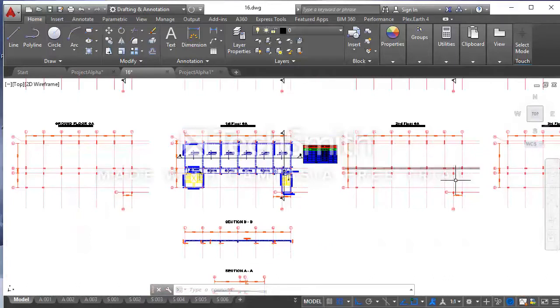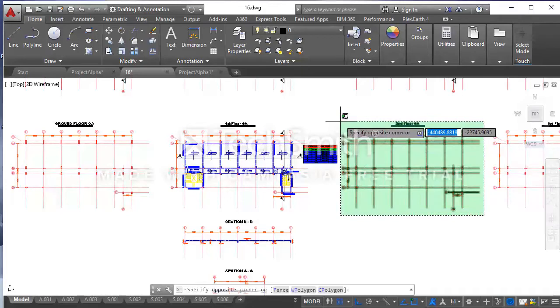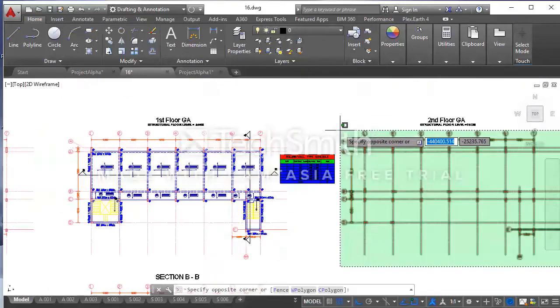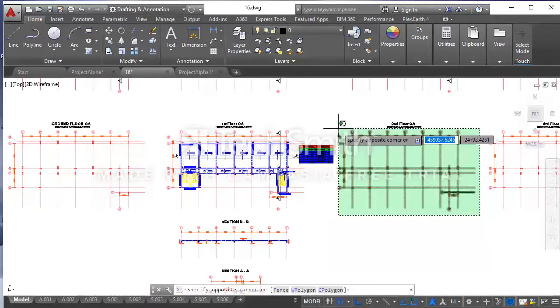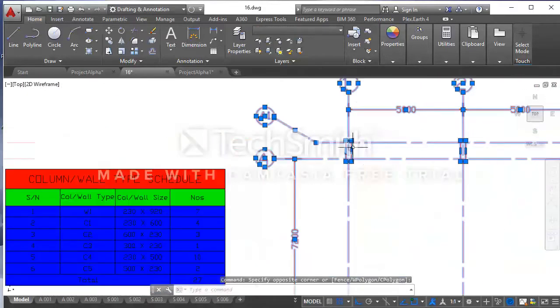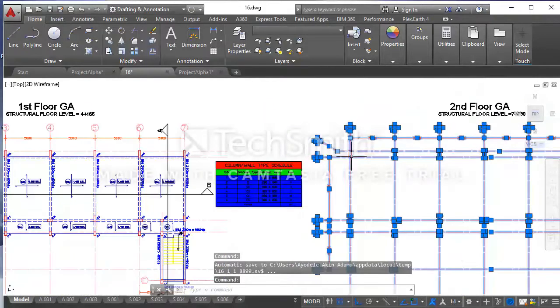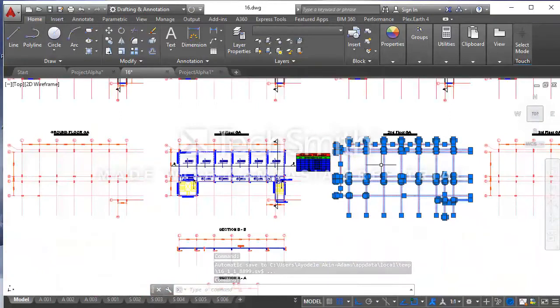So what I will do, I'm going to delete all the grid lines and column in the second floor general arrangement drawing. But I'm going to unselect this column here because I want to use it as my reference to paste my first floor general arrangement drawing. So I'm going to hold down my shift key on my keyboard and select this column element. So I've unselected the column element. I will hit delete on my keyboard